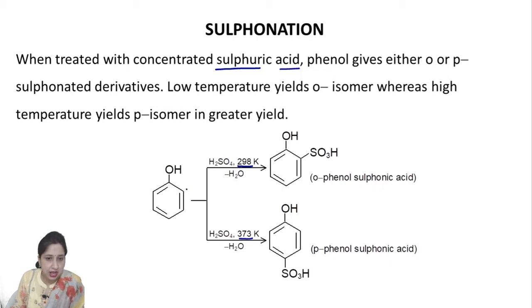H from this carbon, actually beta, this carbon is linked with H, hydrogen is attached to it, and this sulfuric acid loses OH. OH from sulfuric acid and H from this ring is removed as water, and here it is left SO3H. One oxygen and one hydrogen is already removed. So SO3H, this group is your sulfonic group. So this product is known as ortho-phenol sulfonic acid, and this is your para-phenol sulfonic acid.